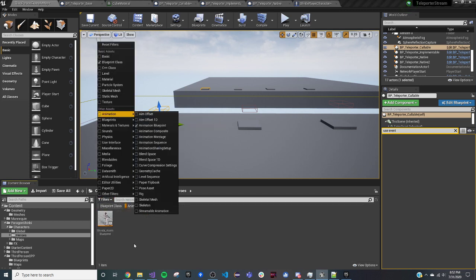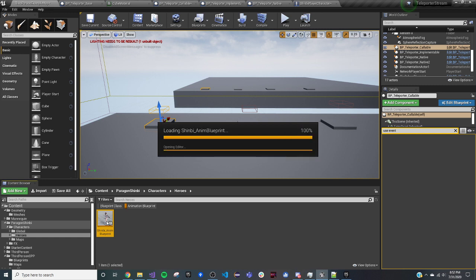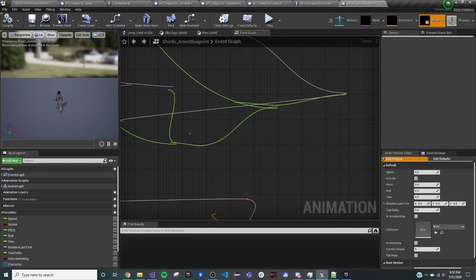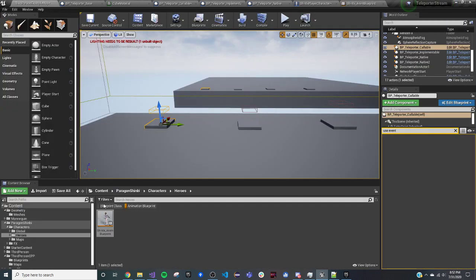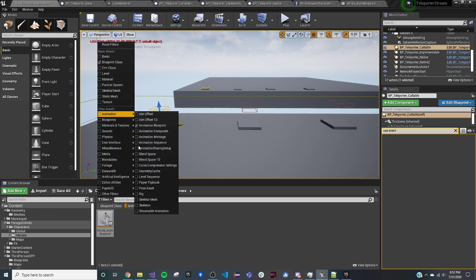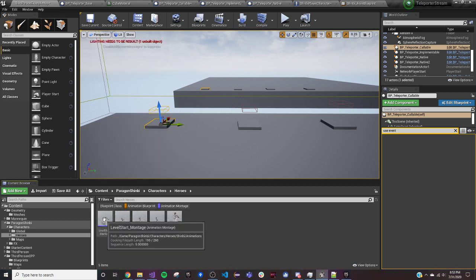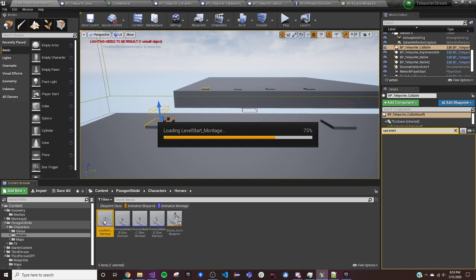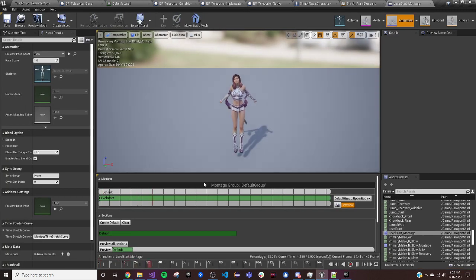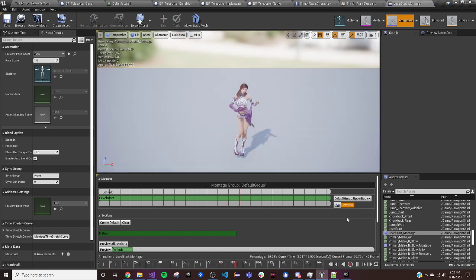We're going to take our animation blueprint and we're also going to get our montage. Okay, so this is our level start montage,